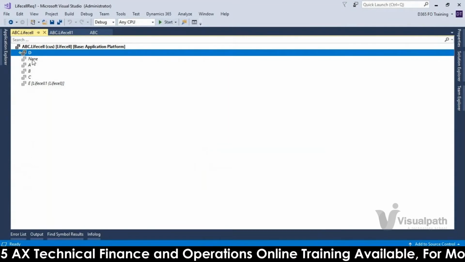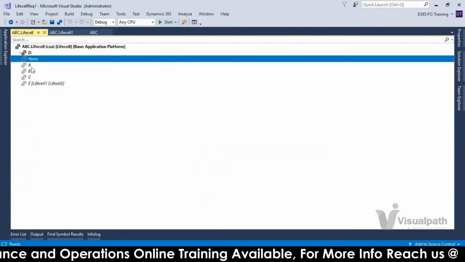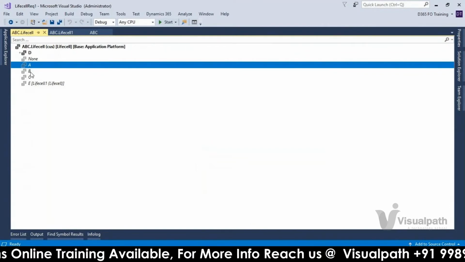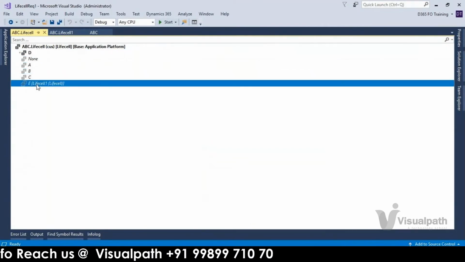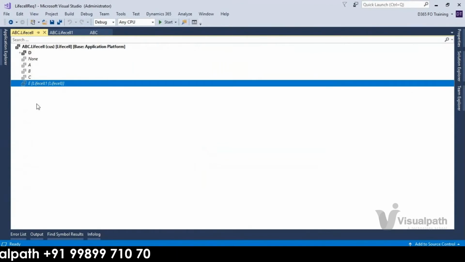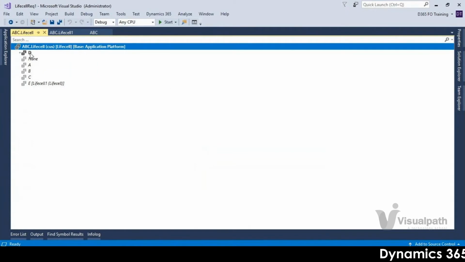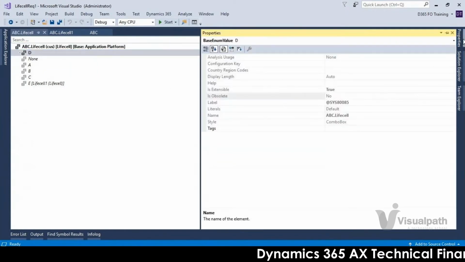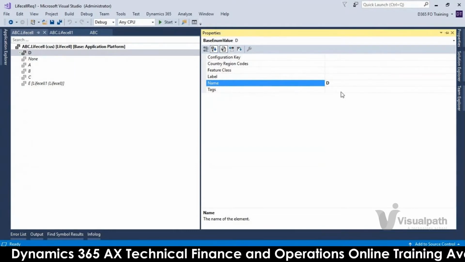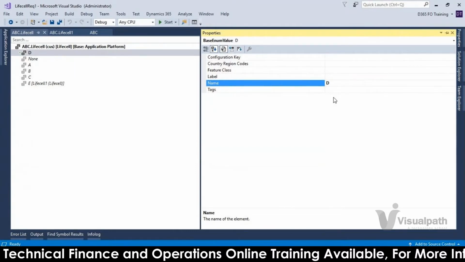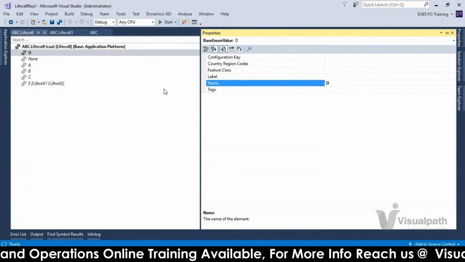For example, a 0, b 1, c 2. Now I added d 3, e 4, like that it will give the numbers. Previously in AX2012 you had an option to directly change those numeric values, but here it is not possible for the existing ones.